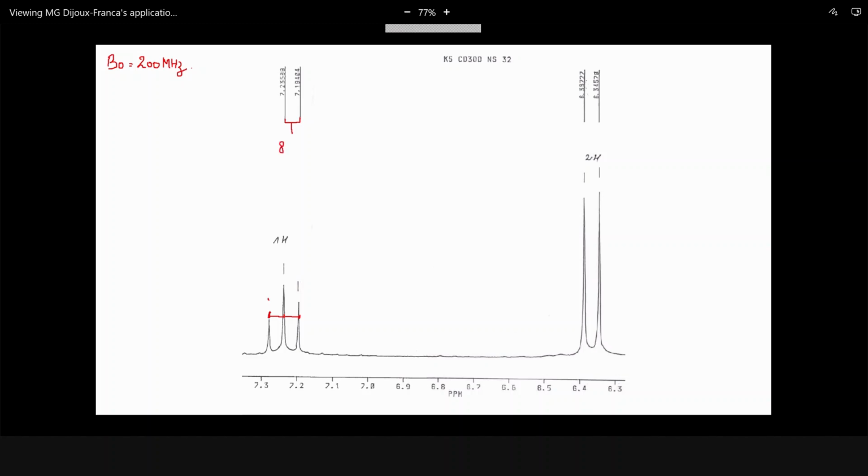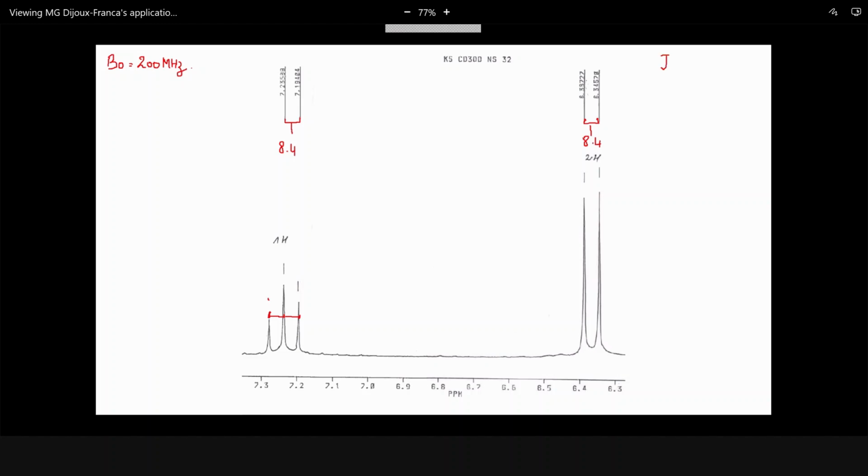It is 8.4 approximately, and if I calculate here, it is 8.4. So the coupling constant is